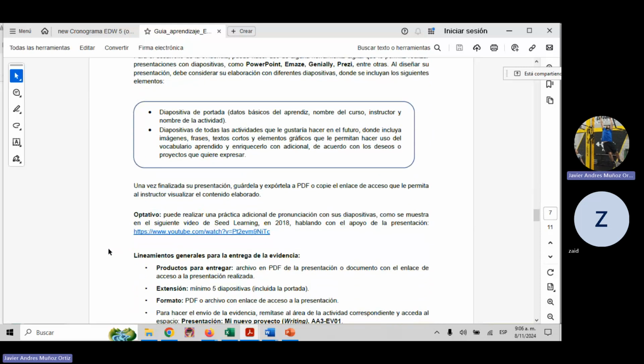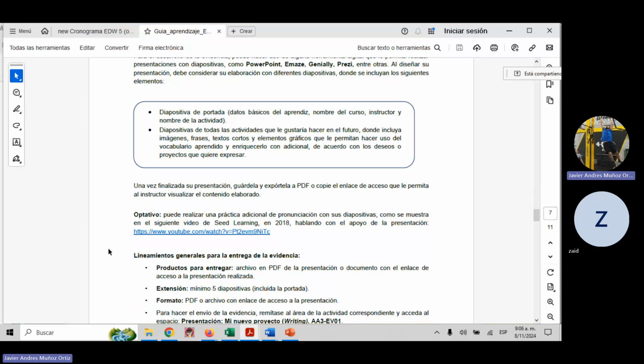Diapositiva de portada y diapositivas de las actividades que le gustaría hacer en el futuro, con imágenes, textos cortos, etc., con al menos 5 slides. ¿Vale? So this is the activity we are going to present in this occasion. This is activity number 3, because activity number 4, and we can